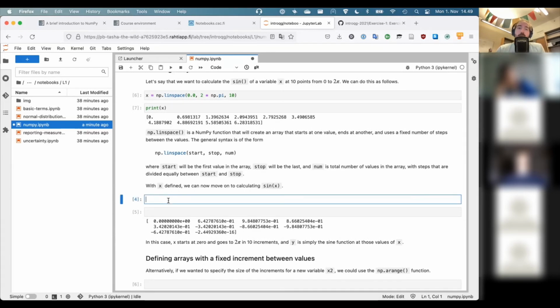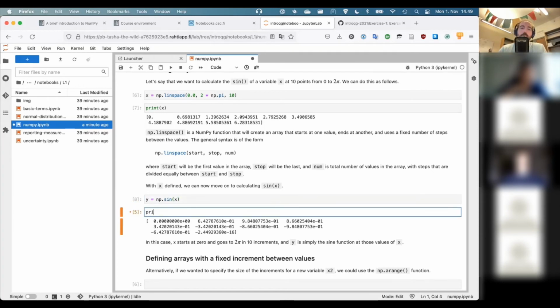So I mentioned we were going to calculate, though, what the sine of x was. And so let's do that with another variable here. So we could say y equals np.sin. So as you might expect, NumPy has built-in trigonometry functions as well. So there's sines, cosines, tangents, etc. And if we just do np.sin of x, that will calculate the sine value at each one of those positions of x. And then if we print that out,